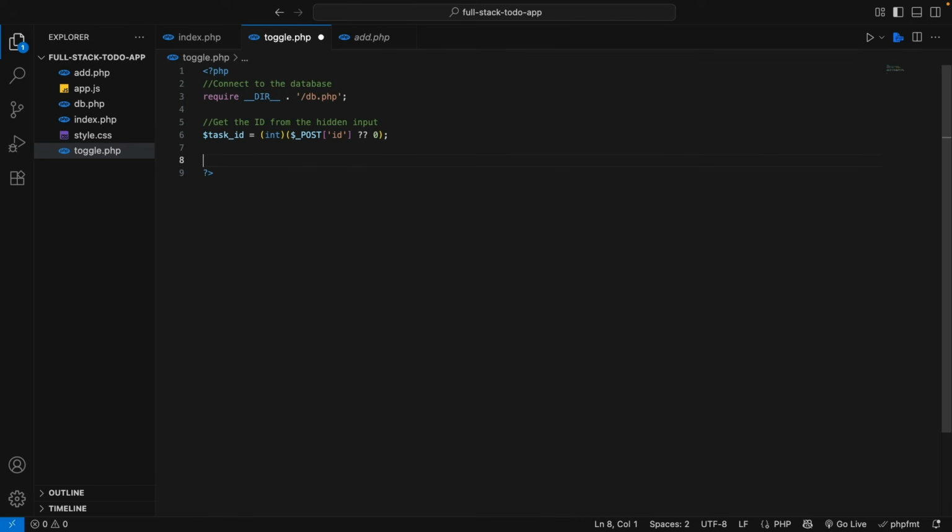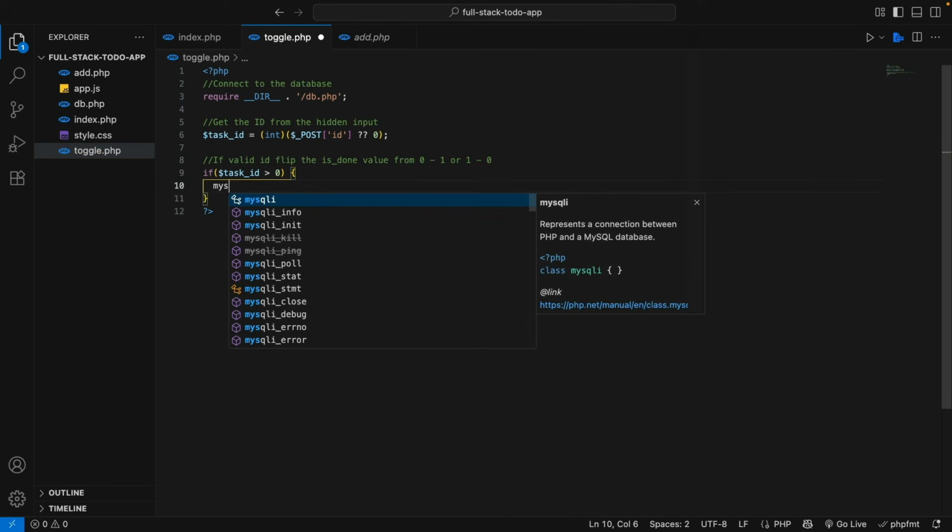So we're going to do that with a little if statement again. So we'll just say if valid ID, flip the is done value from 0 to 1 or 1 to 0, because they can toggle the button and make it true, false, false, true as much as they want. So we can say if task underscore ID is greater than 0, so basically if it's true, right, because 0 means false, we're going to say